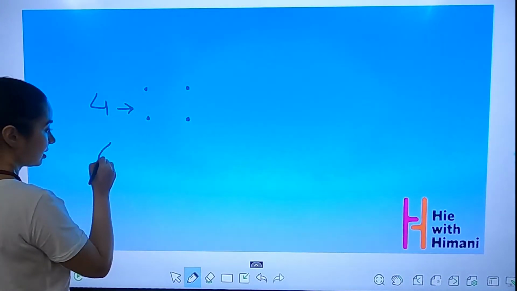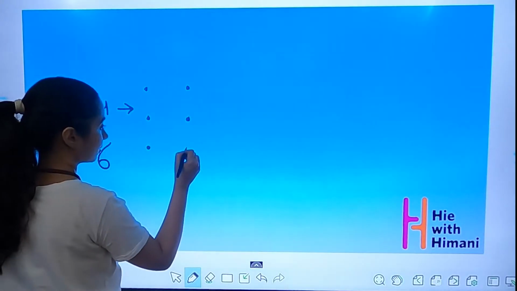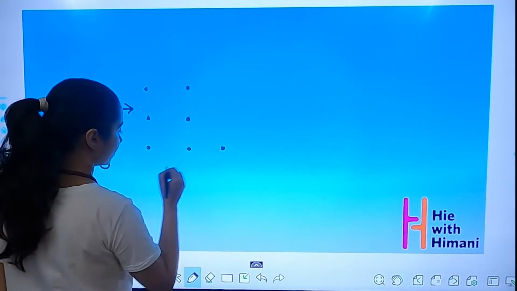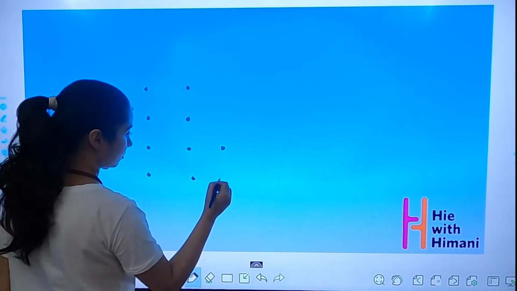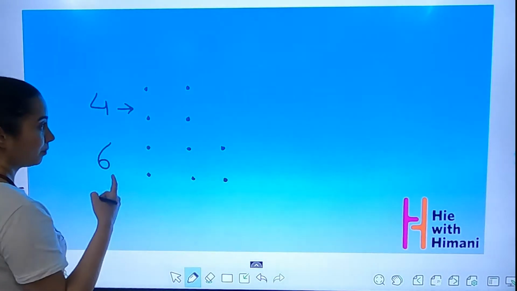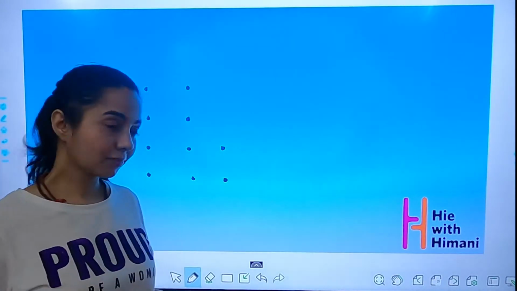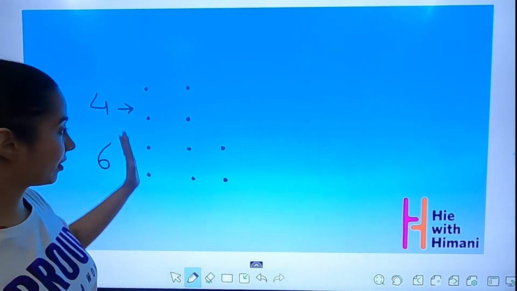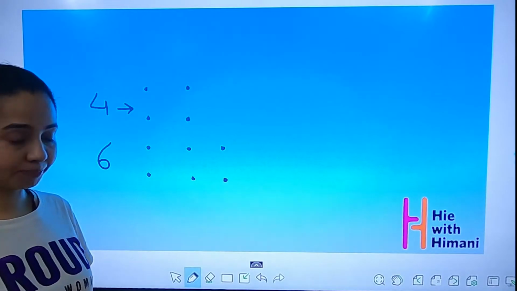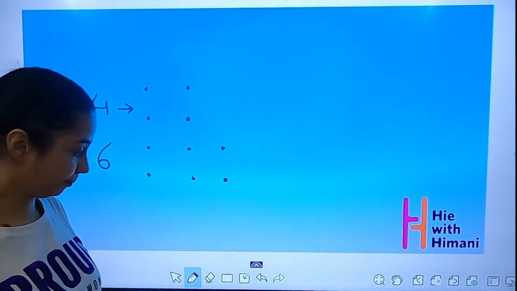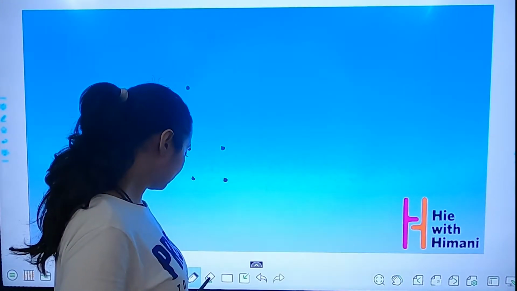And 6. So we know that square is also one form of rectangle. So 4 and 6, these are represented as rectangles. Now